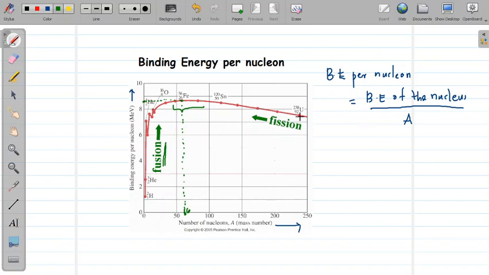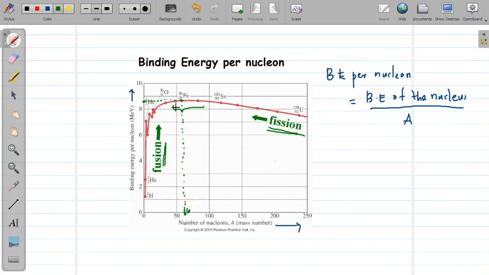Similarly, the heavier nuclei will try to split up, the process called nuclear fission, and thereby decrease the number of nucleons, the mass number, and reach this part. So this is the fusion process and the fission process. Heavier nuclei will undergo fission, try to reduce their mass number and reach this point. Lighter nuclei will try to combine together, try to increase their mass number and reach this point to attain the